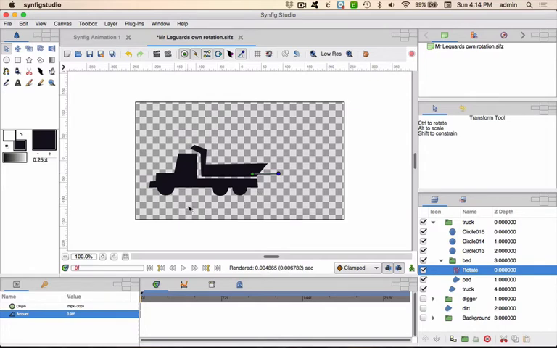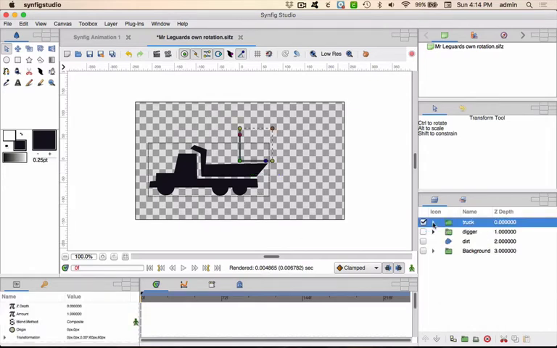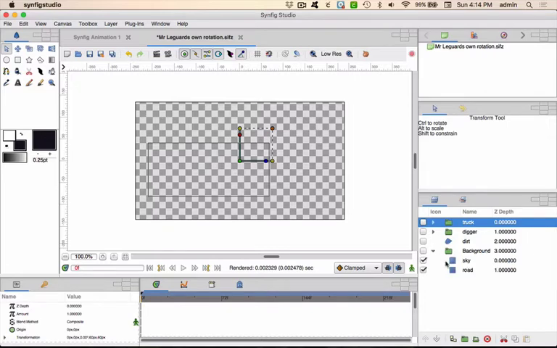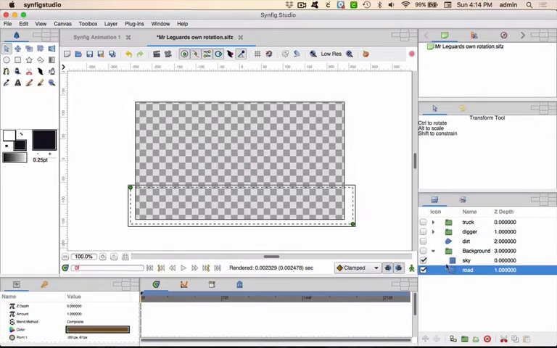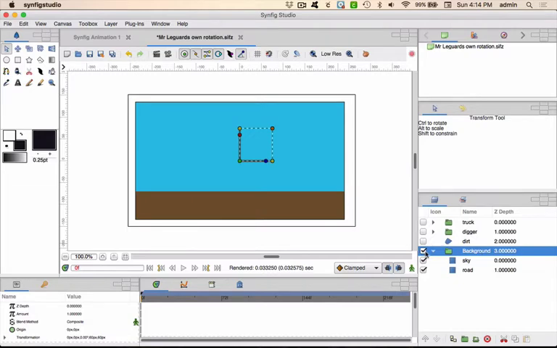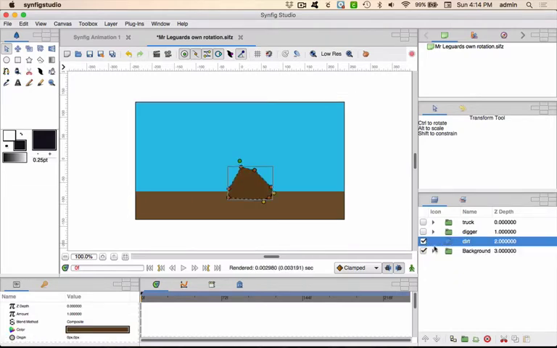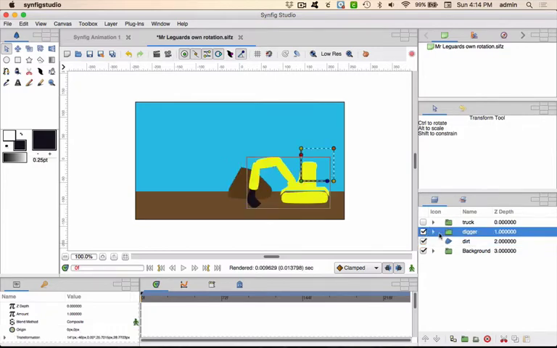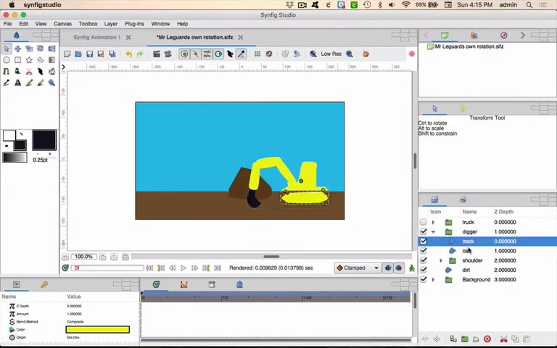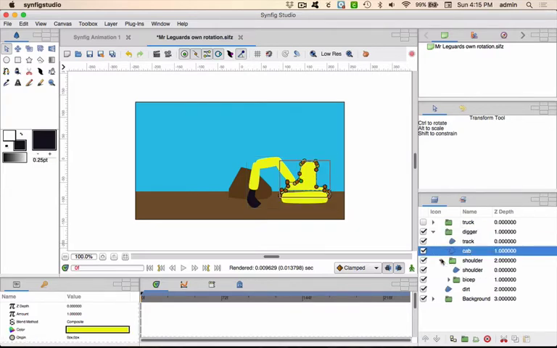Okay, so let's go back here to truck. We'll just close this for a second, and let's show you what else I've built. So turn the truck off. I've created a sky and a road and made it a group called background, and I've made a pile of dirt, surprisingly. I've also made a digger, and the digger is also interesting because it is made up of the track, the cab, the shoulder,